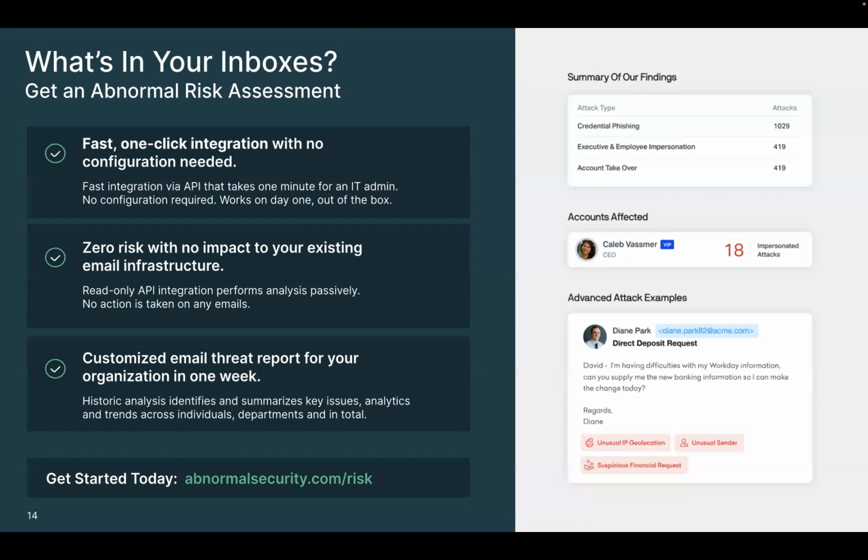And the way that we do that, if you look at this particular slide here, is a recommended risk assessment, right? Whether you have an email gateway or not, we have the ability to integrate within under 30 seconds and show no-risk visibility that shines a light on some of the more strategic types of attacks, and deliver a report to your team that says, hey, what else are we seeing that is not being caught traditionally? This is the huge value that Abnormal brings to the table. Either way, we work with or without an email gateway, but the value that our product brings is the unique differentiation there.